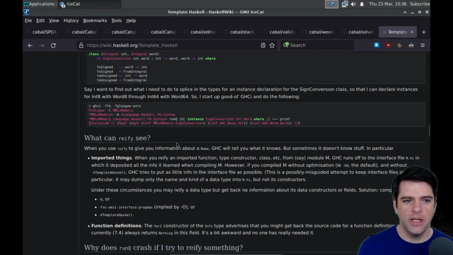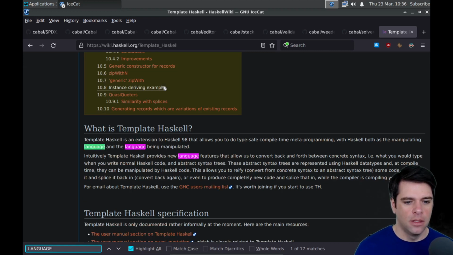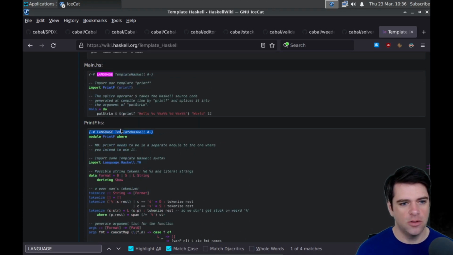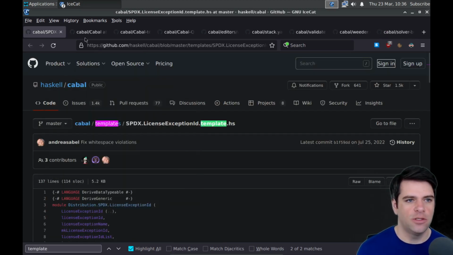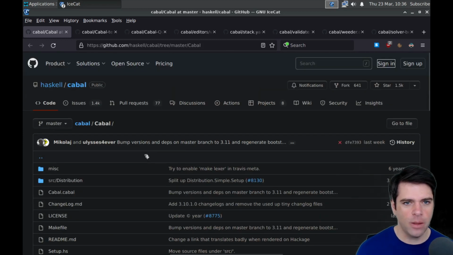Okay. So maybe it is Template Haskell. I don't know if Template Haskell requires you to. Okay. Yeah. So LANGUAGE TemplateHaskell, LANGUAGE TemplateHaskell. So I guess it's probably not Template Haskell because we're not using whatever this thing is called, unless there's something that says to always use Template Haskell regardless of what's in the file, which there might be, but we're not going to dwell on it.